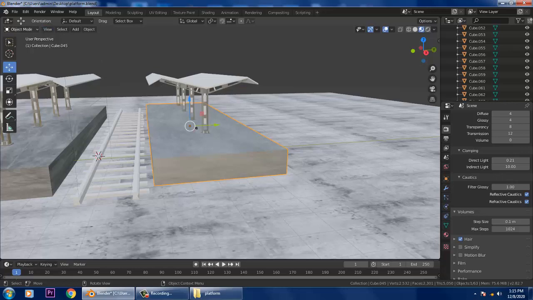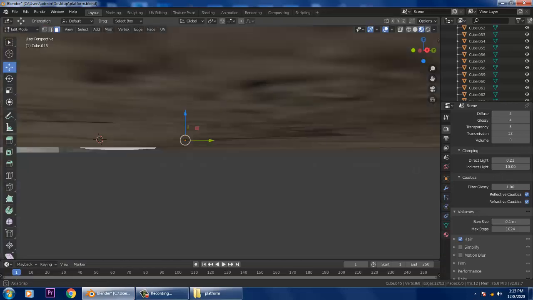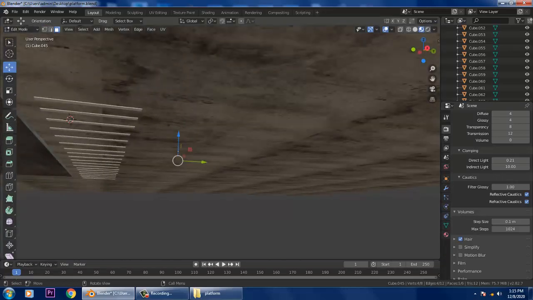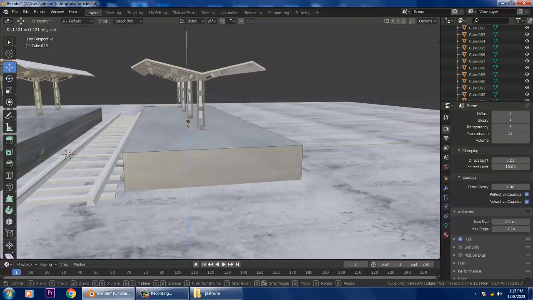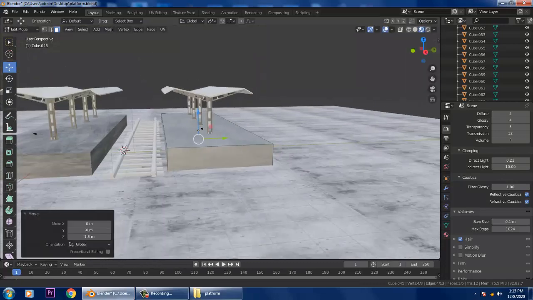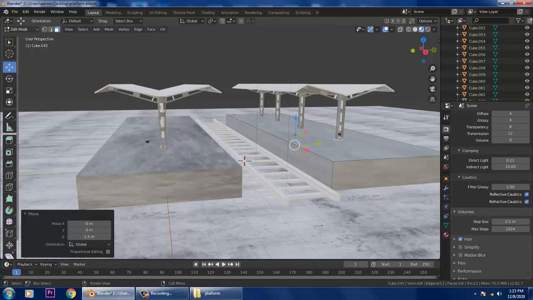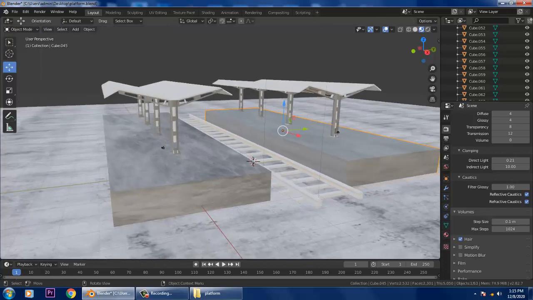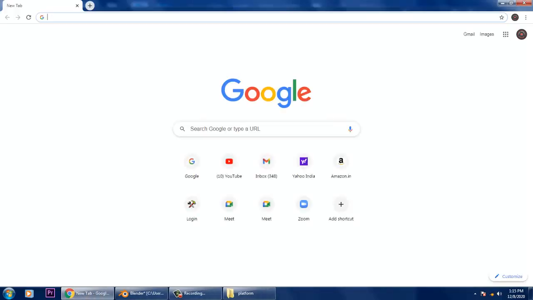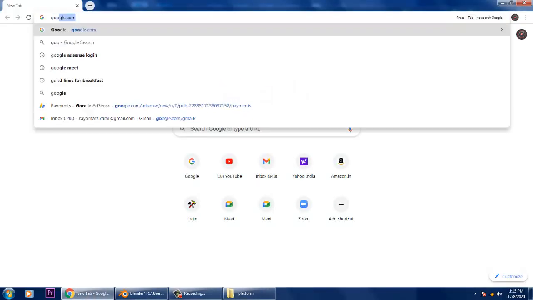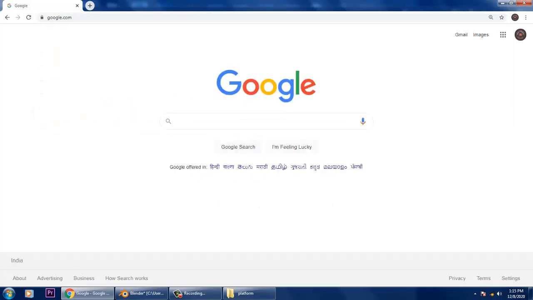Select this. Alright. If you want to give some kind of a ground texture or something, you can go with the ground texture also, not a problem.